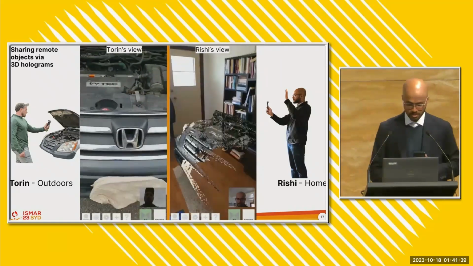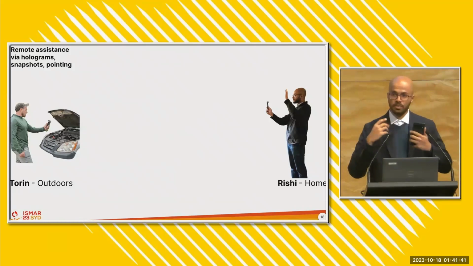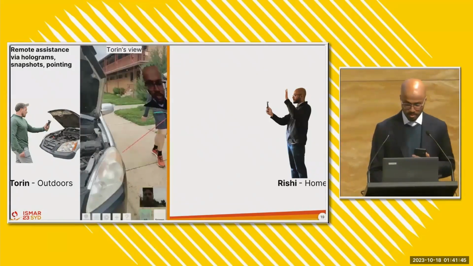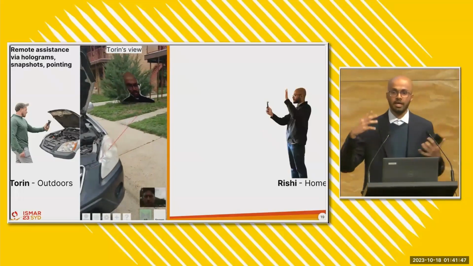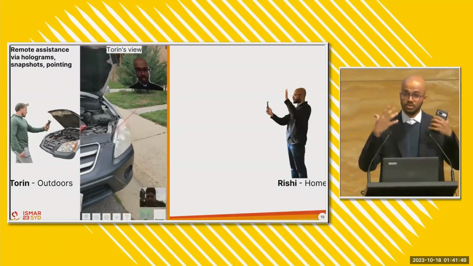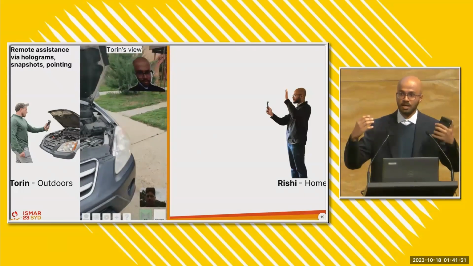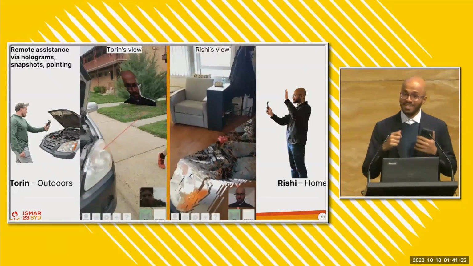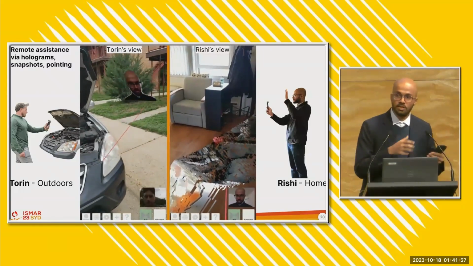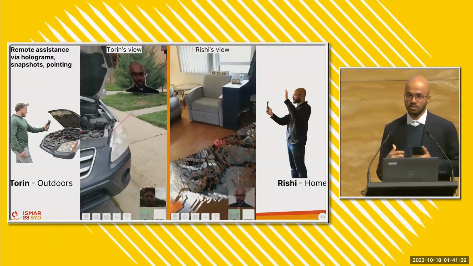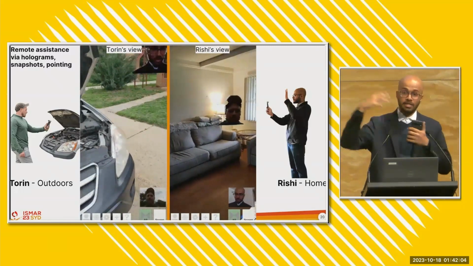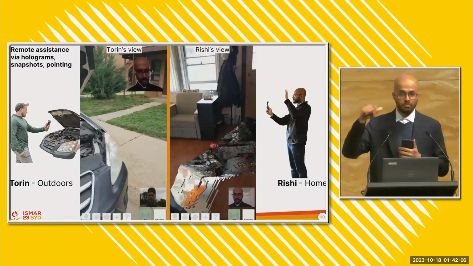Similarly, if this was a normal video call, Torin would see me as a small rectangle on the screen of the phone, but instead, he now can see me as a moving representation that looks like me and conveys my gestures as if I was right there by the roadside to help him. He can take a snapshot of the car that then persists in my local space, and I can point at that snapshot, which turns into a laser pointer in his world, where I can say, hey, maybe this is where the problem is, and you should try fixing that.